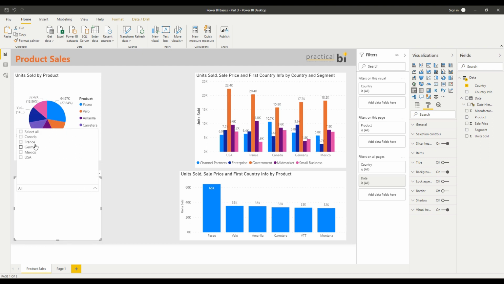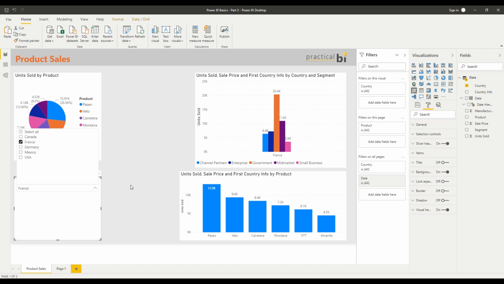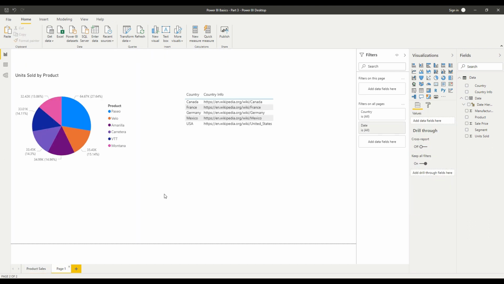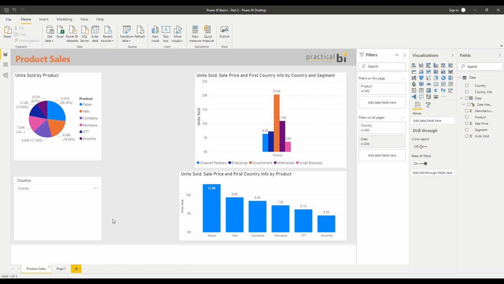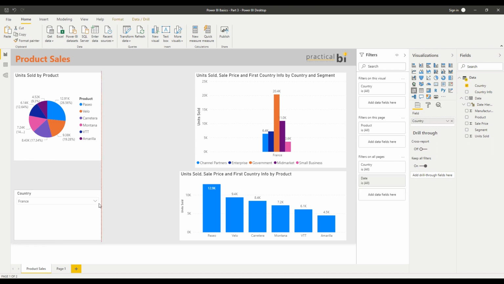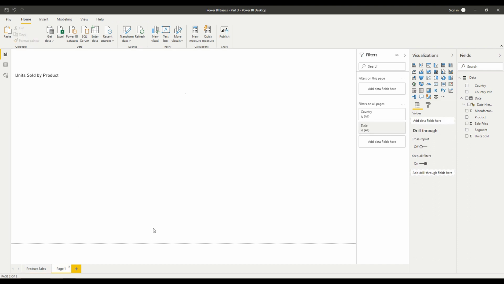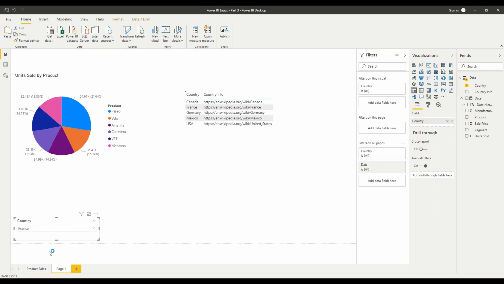But note that when I apply this filter here, if I select France there, for example, and I go onto my next page, I still have all my countries showing. So by default, this slicer is only affecting the page that it's on. That doesn't have to be the way, so I can copy this slicer, I can paste it onto another page,